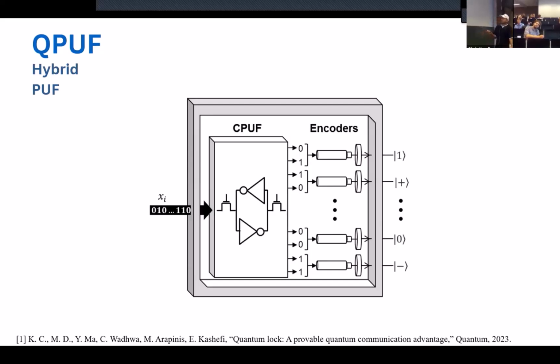And they also prove that if they apply some additional cryptographic scheme on top of this, then it can be proven to be secure against a quantum polynomial time adversary, where even if you allow the adversary to have access to the device, the adversary still cannot make a profile of the input-output behavior properly.